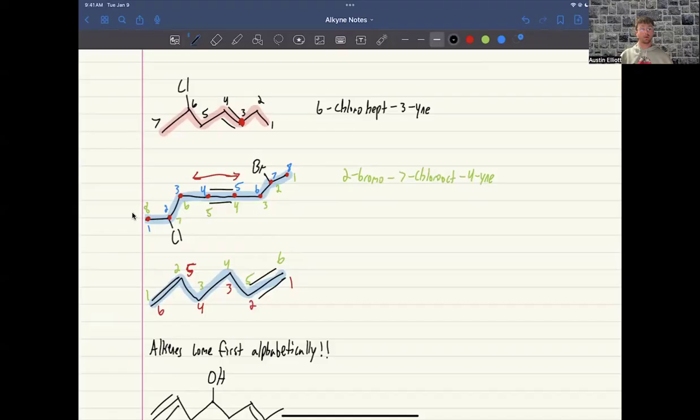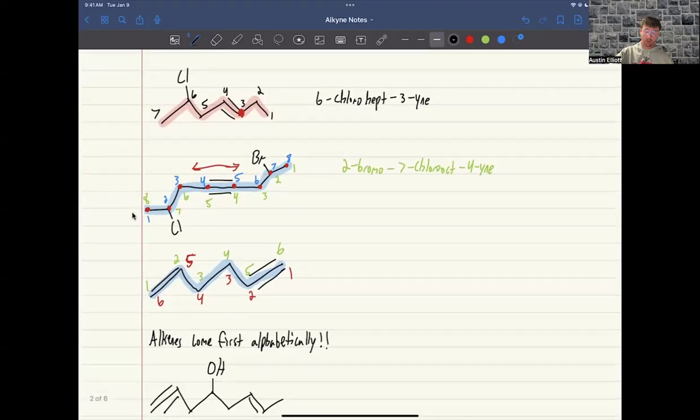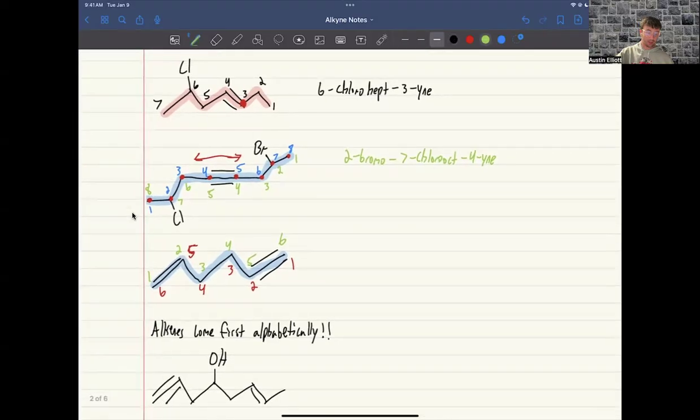So when naming or choosing priority, and it gets down to a tie like this where it's a one and one, alkenes will come first. So for this one, our parent chain is hex. It's going to be hex, and then one ene for our alkene on the very end right here. And then we're going to go down to our triple bond, which is going to be hex-1-ene-5-